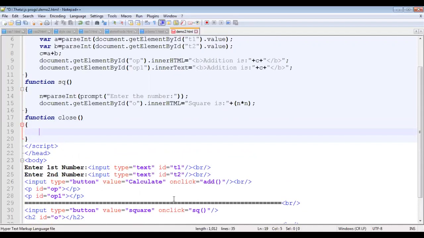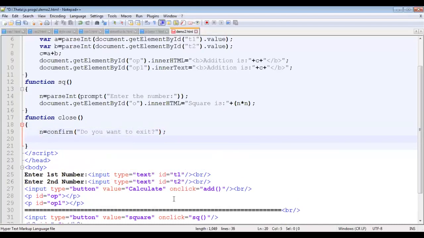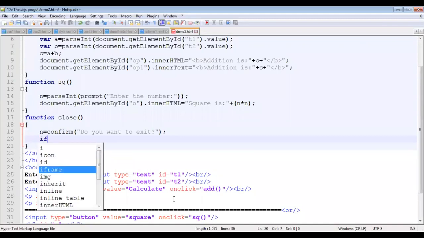Then here we have to make use of the confirm dialog box. So I will say n equal to confirm in brackets, do you want to exit? Any message you can provide. Now the output will be returned as either true or false.